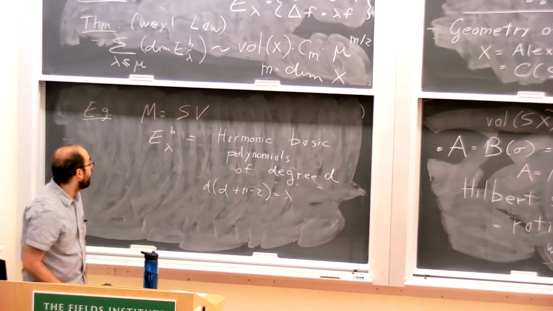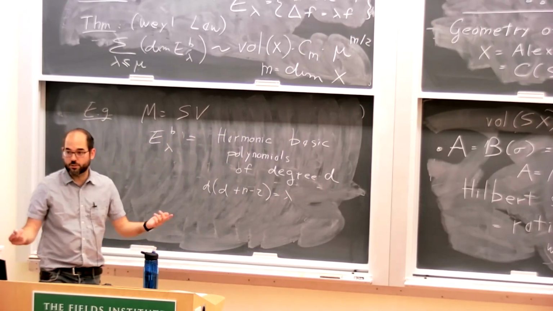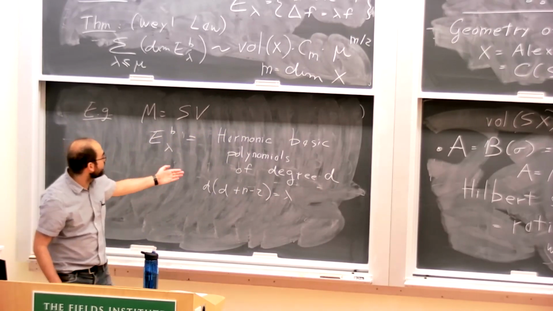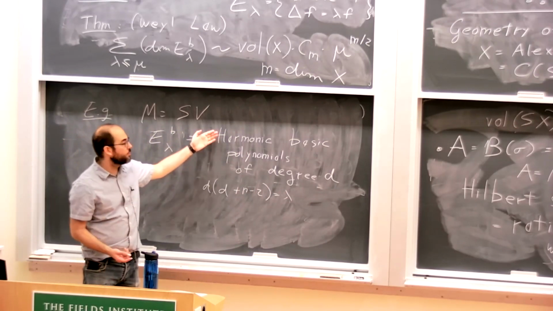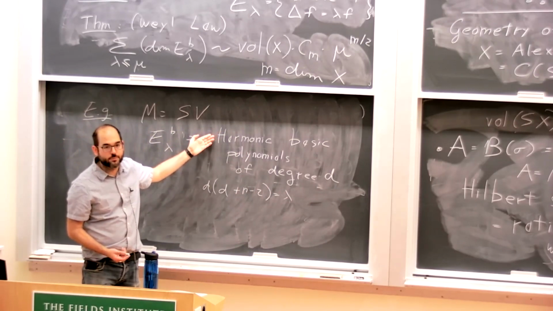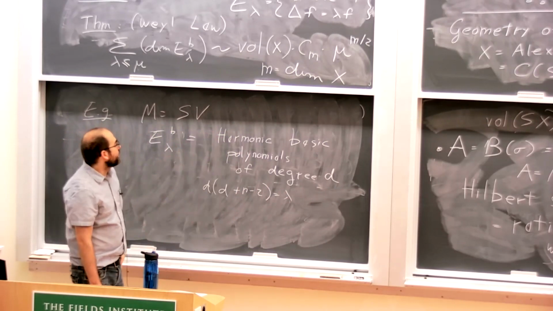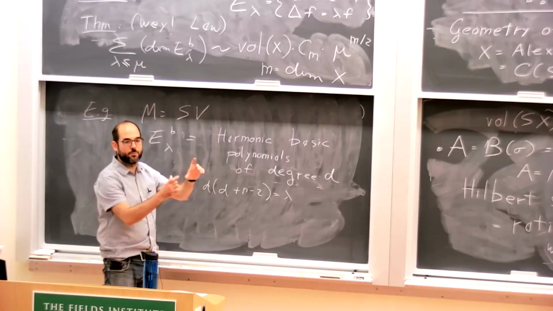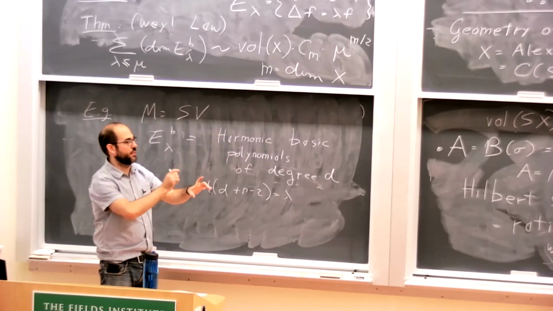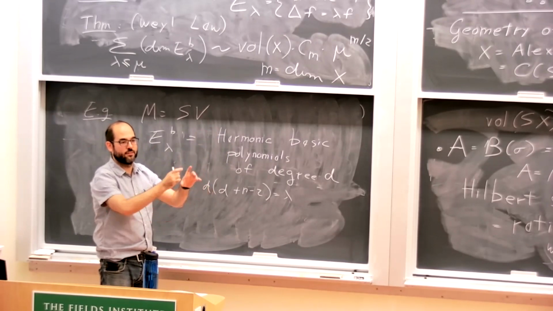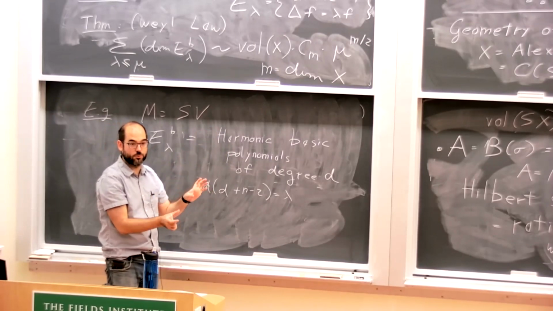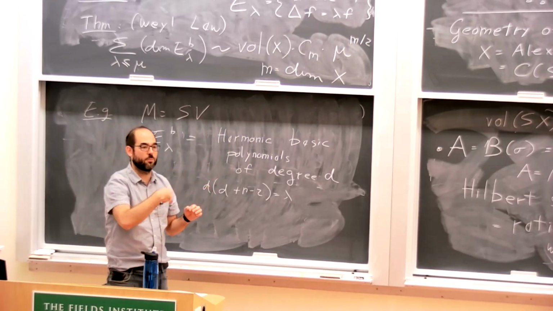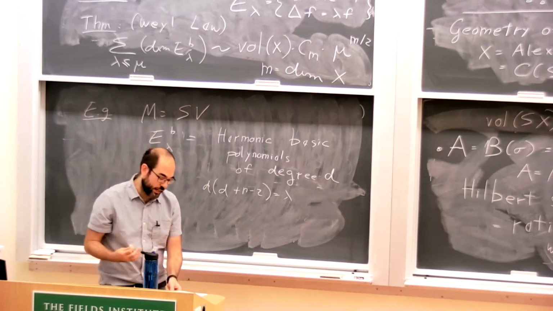What is an eigenfunction of the Laplacian on the sphere? It's the restriction to the sphere of a polynomial which is homogeneous and harmonic. And then what are all the polynomials? If it's not harmonic, you take the part that's not harmonic and divide by r squared. There's a harmonic part there, etc. You can decompose any homogeneous polynomial as a sum of powers of r squared times harmonic polynomials. And using that, you can count this thing.